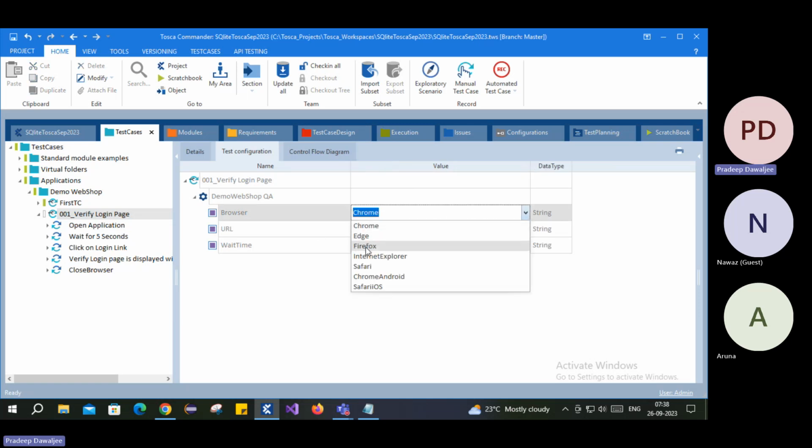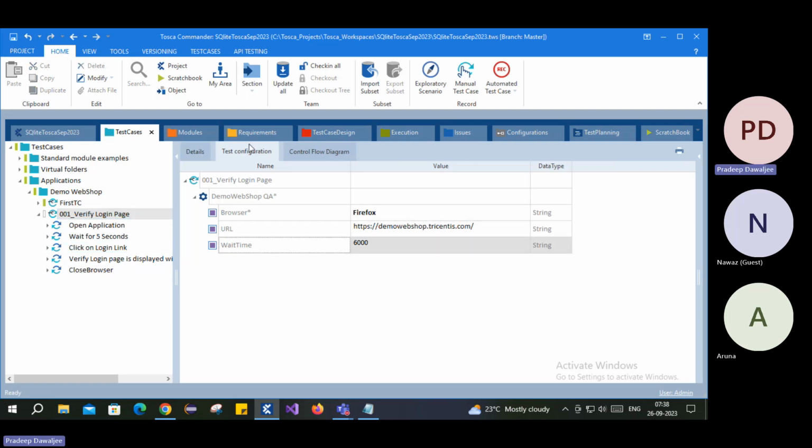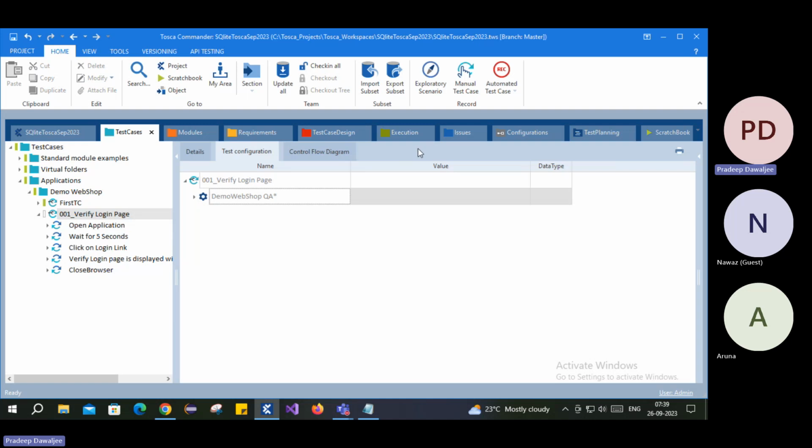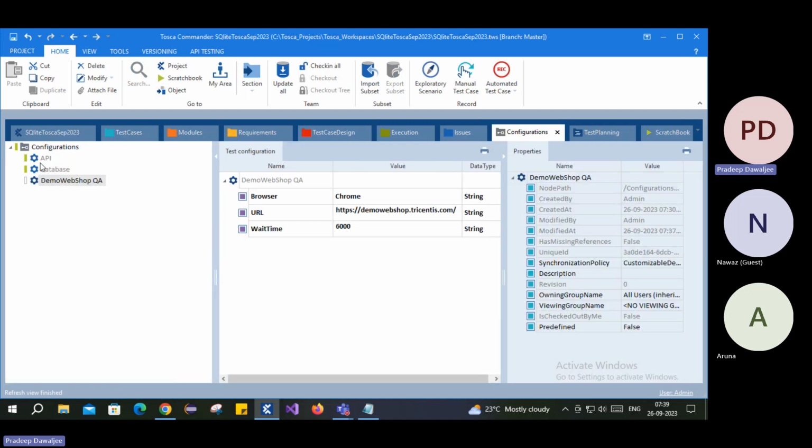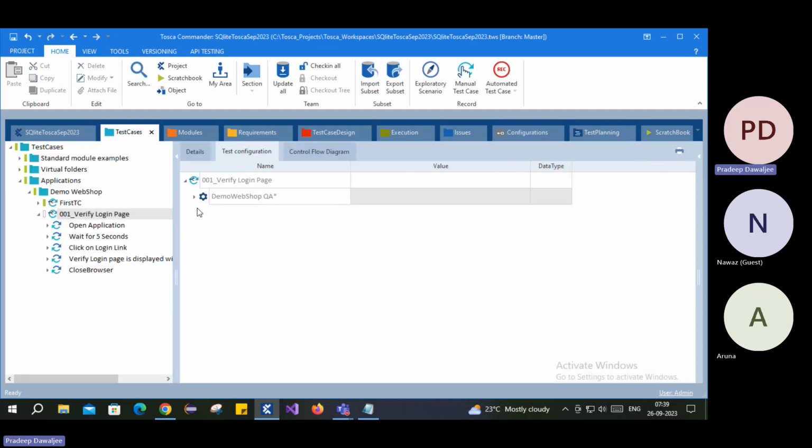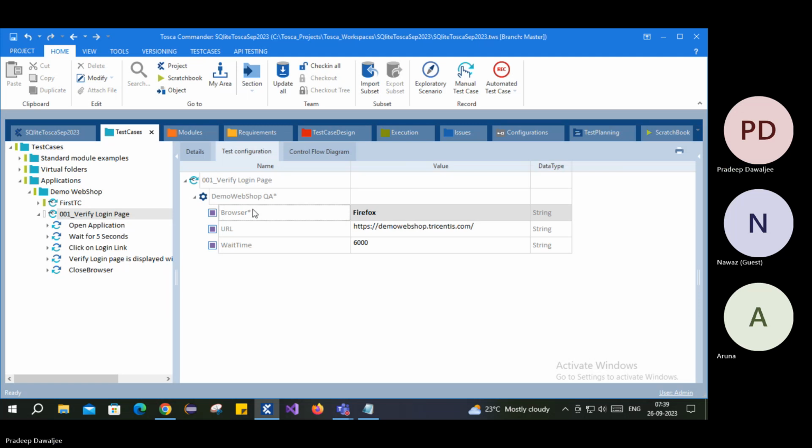If I'm changing it to something, as soon as I do, you see this configuration is showing bold, and then there is a star. Star meaning something is changed at this level, and the value is Firefox in this configuration. So if you have hundreds and thousands of configurations, you can have it. If I have any other, I can drag and drop, and it would be showing here. So inside this, we have this configuration with a star, and in the browser, which means other things,